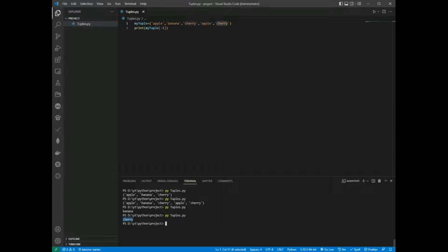And range of indexes. You can specify a range of indexes by specifying where to start and where to end the range. When specifying a range, the return value will be a new tuple with the specified items. So I remove these and add